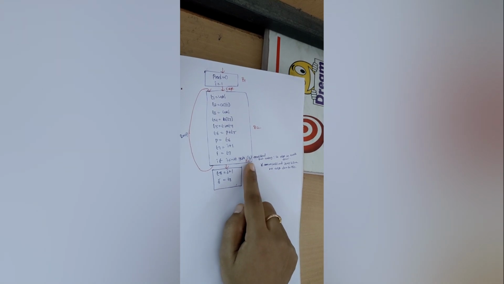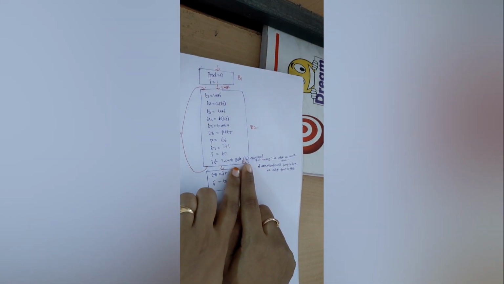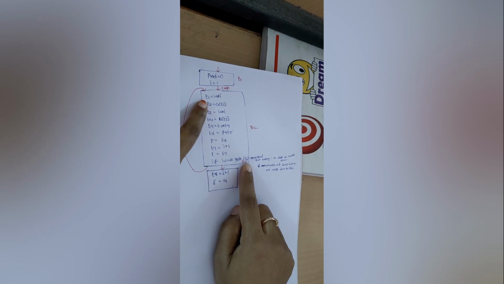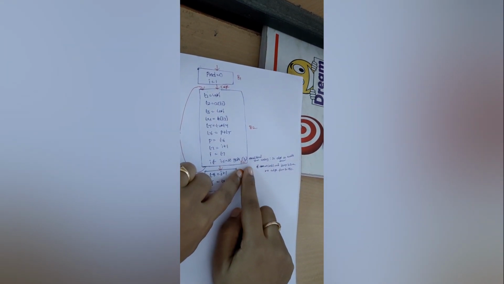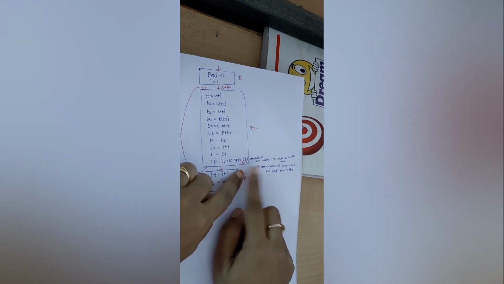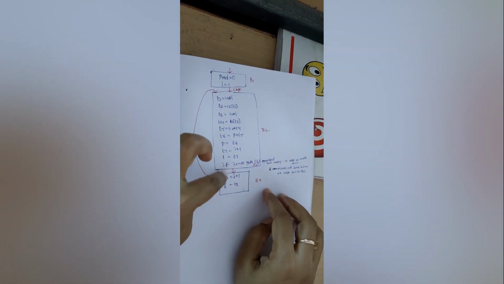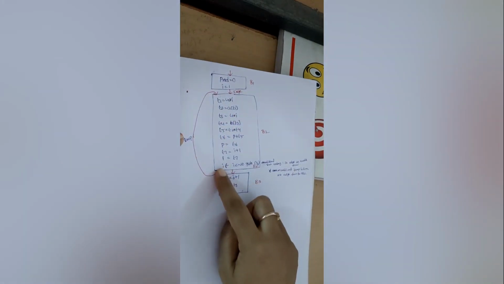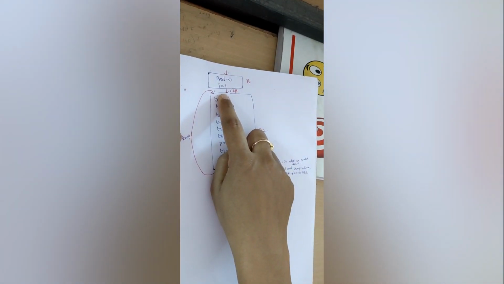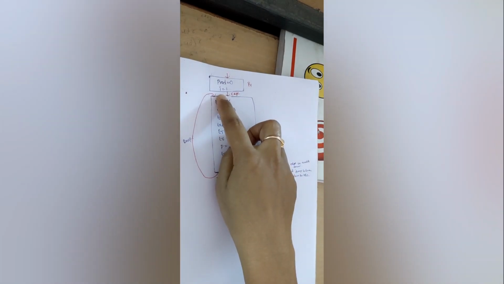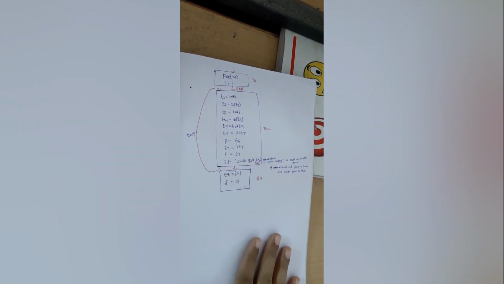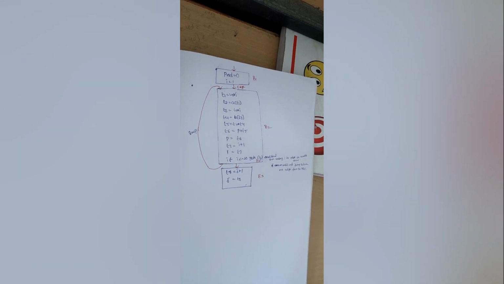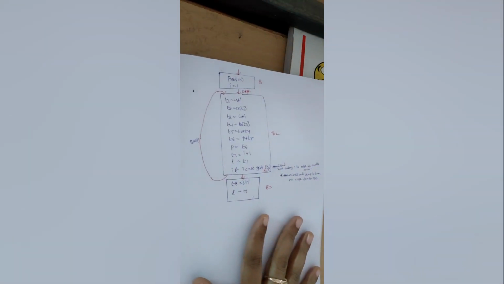So 3 means the third statement; in which block is it available? B2. It is available in B2 itself. So instead of 3, I wrote B2 here. In the flow graph, we are indicating B2 itself. So we are drawing an edge from B2 to B2 itself, it is an iterative loop. So I am showing an edge like this. It's a loop statement. Next, the third statement B3. So these are the ways we need to indicate basic blocks and flow graphs.